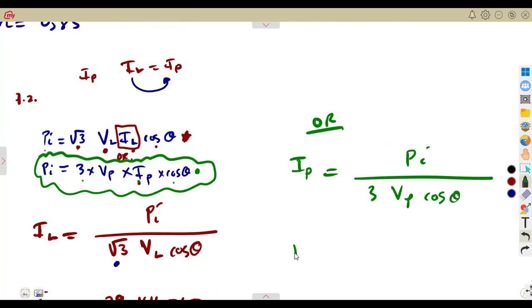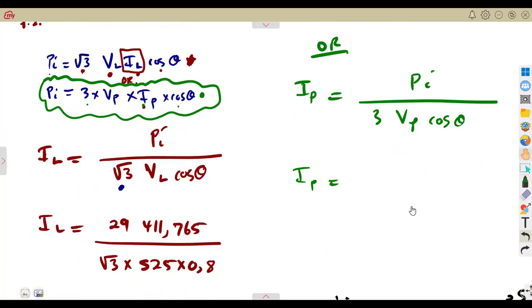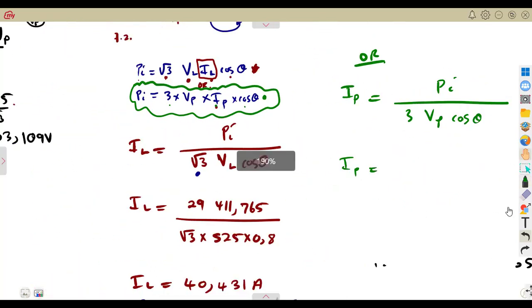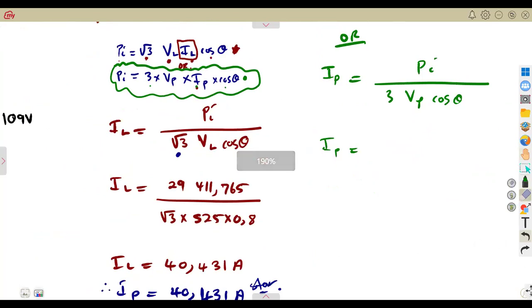All right, so this is going to be our phase current, and this is giving us directly the phase current. But you must take note: when dealing with the phase, you multiply by 3. When dealing with the line, you use the square root of 3. The input power is not changing. It's still the